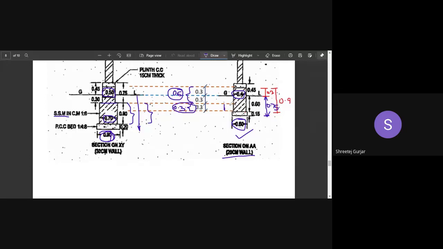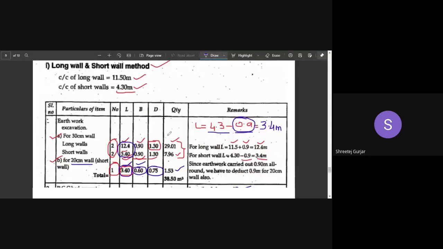So we need to calculate separately for this step, and that is, width is 0.7 that we have to use for deductions, because 0.7 is more than 0.4, right? 0.4 is lesser than 0.7. So for deductions we use 0.7, right, and the height of the first step is 0.3. So that is what we will do here.